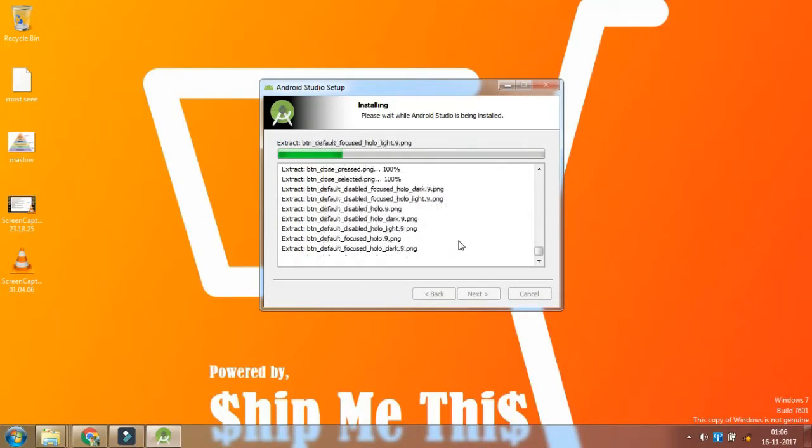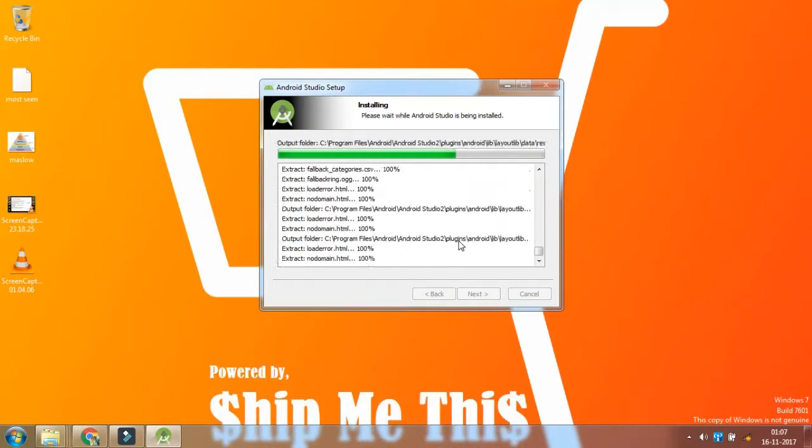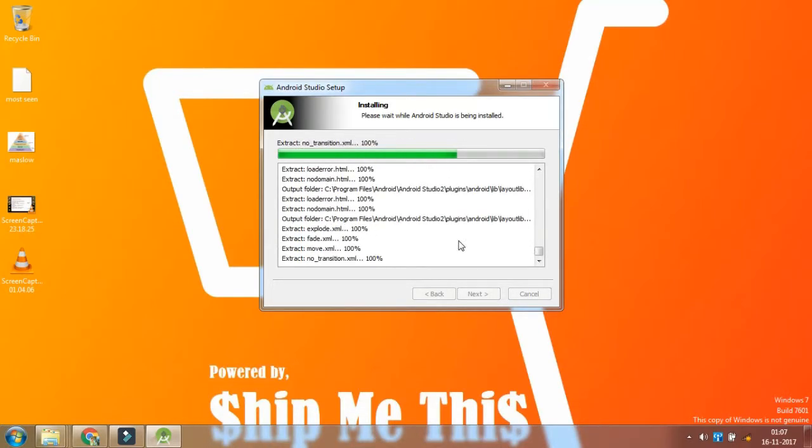If you are actually new to installing Android Studio, then I think you should start with my tutorial on how to install a JDK, because you need to have a JDK in order to run Android Studio. So go to that tutorial first, download Java JDK, install it properly, check in command prompt whether it has been installed properly. Then download Android Studio 3 and install it the way I'm showing you right now.